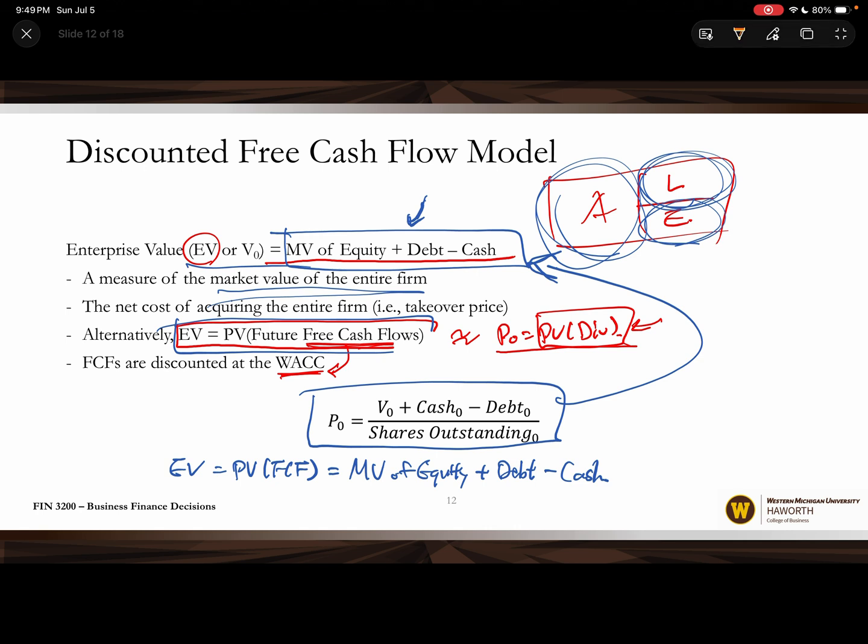So if we do shares outstanding times P, that's basically the market value of equity. Okay, so let me do it here. The share price of one piece of equity times the number of shares will give you the entire market value of equity, right? So this is market value of equity